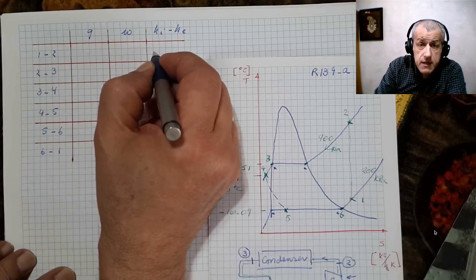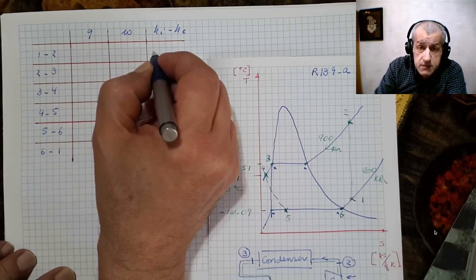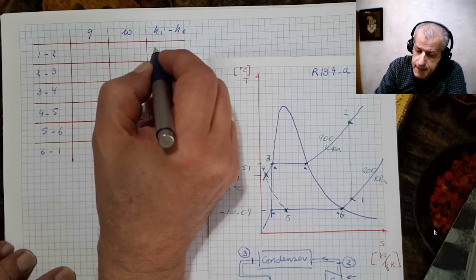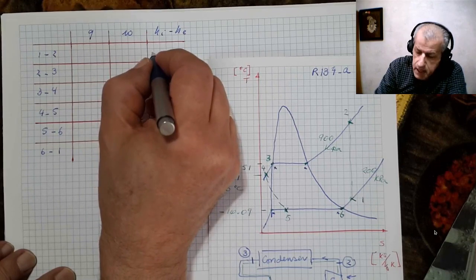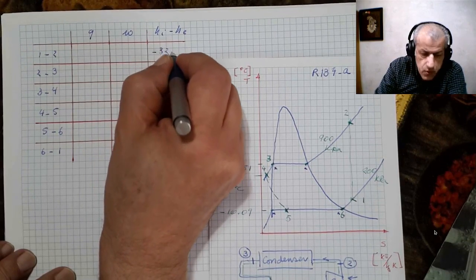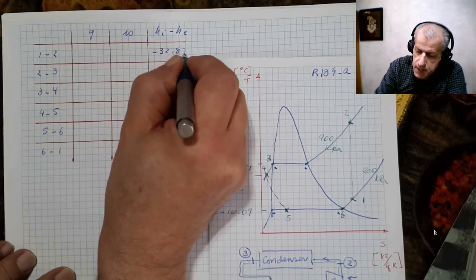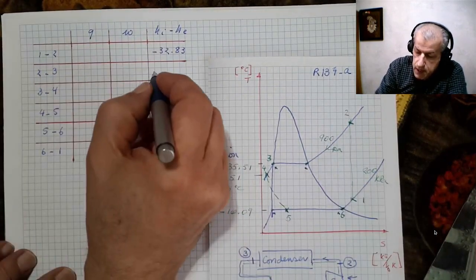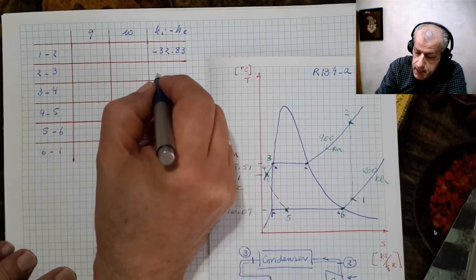Please remember and note these signs, because if you don't care for the sign convention, then you would have problems at the end. For process 2, 3, in the condenser, it is